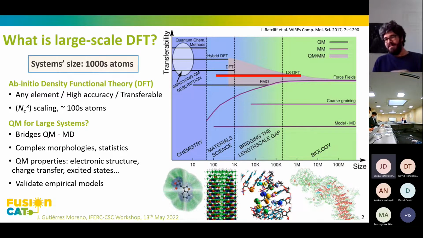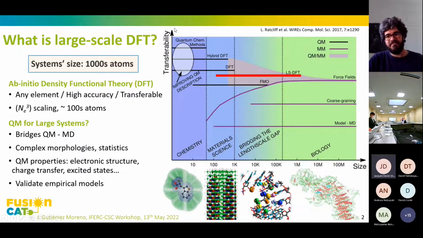Because the only difference between one element and the other will be the number of electrons, we can essentially simulate nearly any element with very high accuracy. But the problem, as I mentioned before, is the very high computational cost, or actually the very poor scaling. DFT calculations scale cubically with the number of atoms or electrons in the system, which in practice means that we can only afford simulations of structures with a few hundred atoms; 200-300 atoms would already start being large.